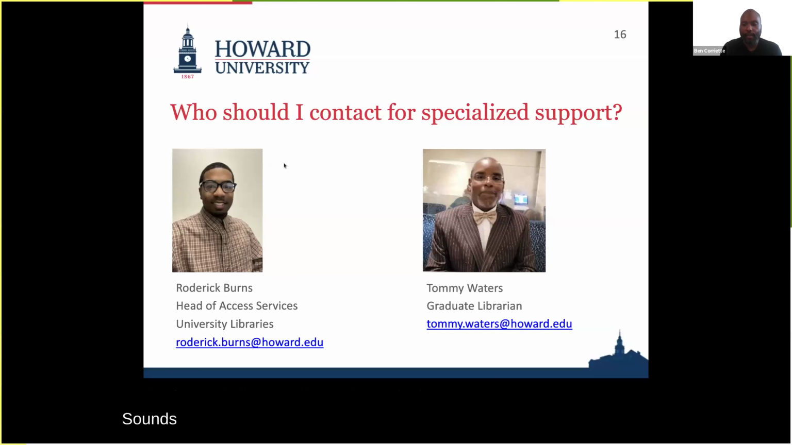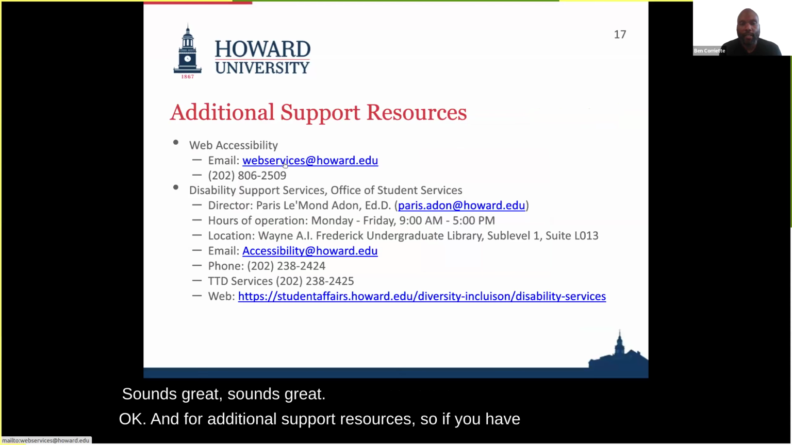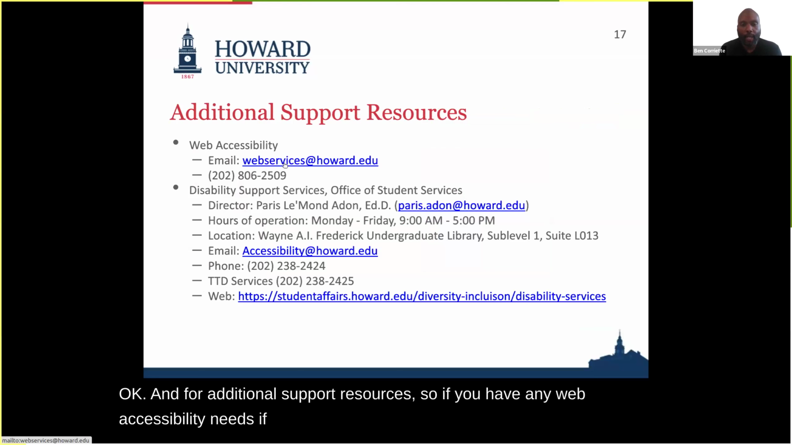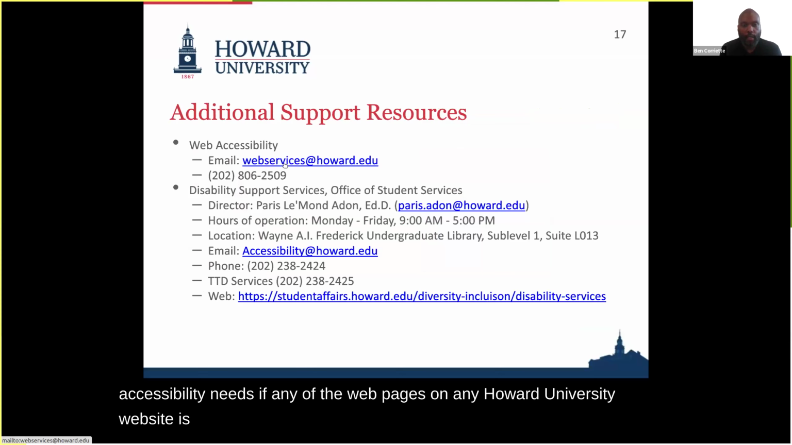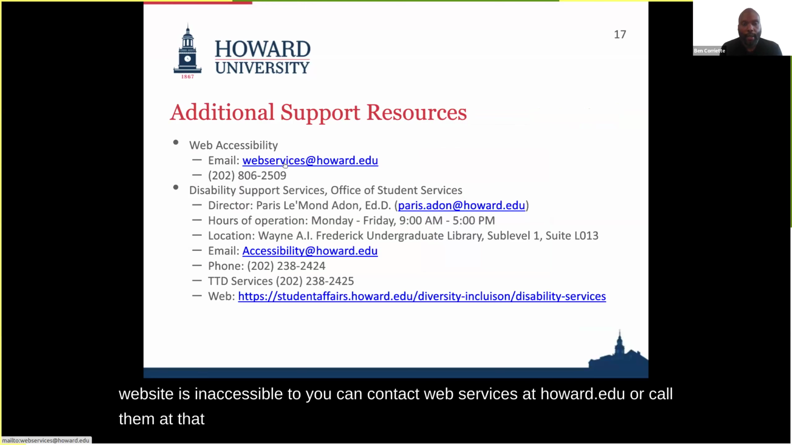Sounds great. Okay, and for additional support resources, so if you have any web accessibility needs, if any of the web pages on any Howard University website is inaccessible to you, you can contact web services at howard.edu or call them at that number. And also you can